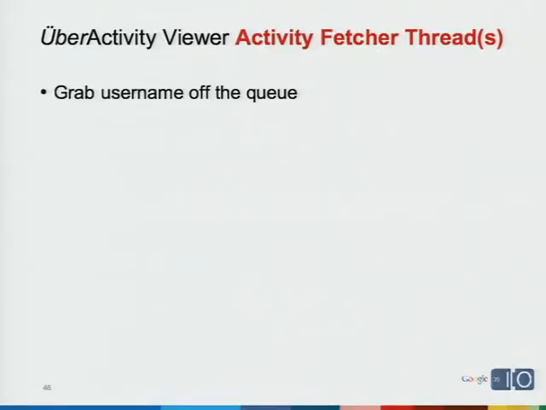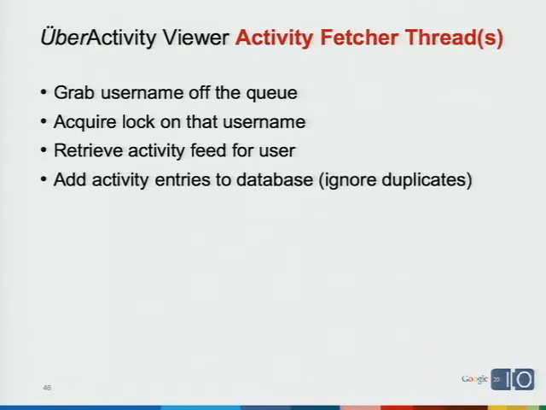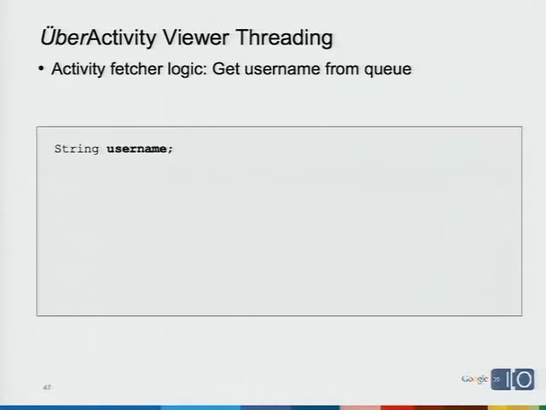Now we go into the activity threads. So they're going to grab each of these usernames off the queue one at a time, acquire a lock on that username, retrieve the activity feed for that user, and then add their activity, of course, to the database, ignoring duplicates, which is where that ID element that I mentioned earlier comes into play. And then we're going to release the lock and go again, get another username off the queue. So getting something off the queue, really easy, and this blocks, so you don't have to worry about sleeping here,